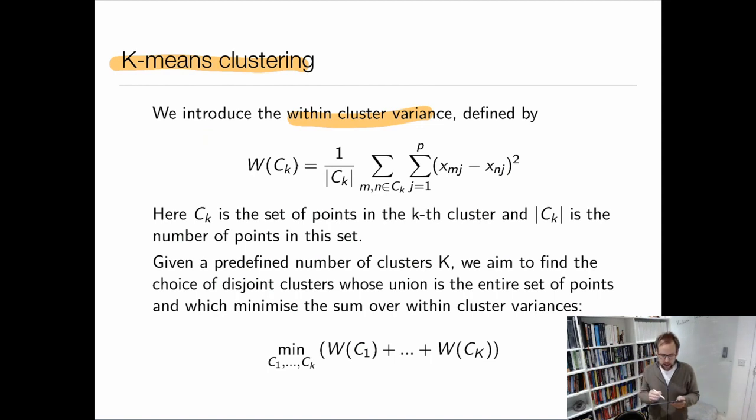This is just the distance between vector x_m and vector x_n